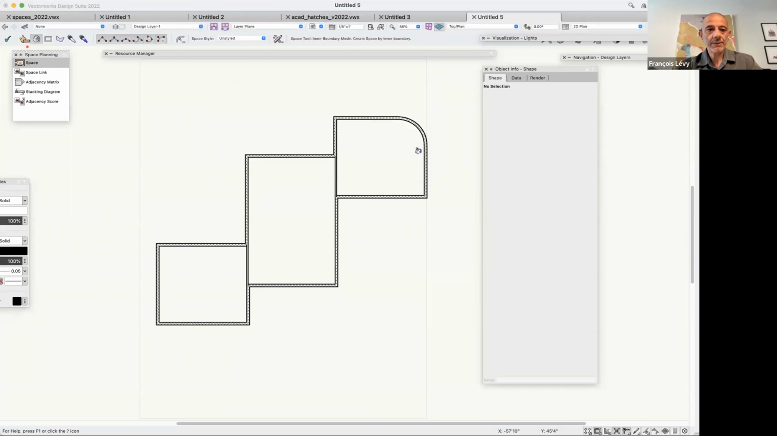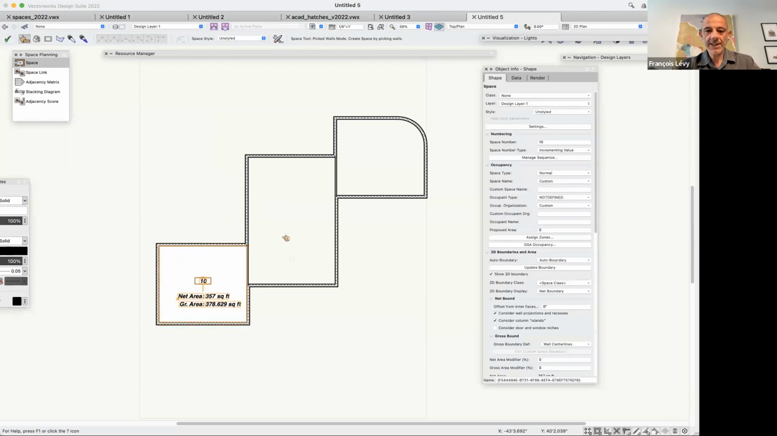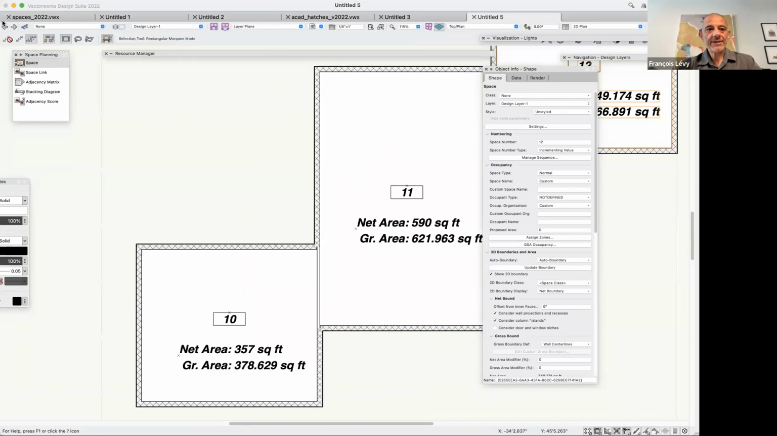Okay, that's nice. I can pick some walls here. So I'll just pick these walls and hit the checkbox, and it's giving me a space. And now I'll pick these walls, and it's giving me a space. And I'm just going through and picking all these walls, and I get a space. So the nice thing about doing it this way,